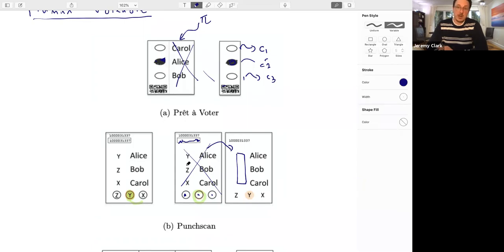Conversely, if I keep the top half, you can see I marked the second position. You can see the symbols beside each name, but you don't know what symbol was underneath. It could have been any permutation of the symbols, so it could have been a vote for any of the candidates. So it's basically the same principle as Prêt-à-Voter, except you have kind of a double permutation. And the main benefit of this is